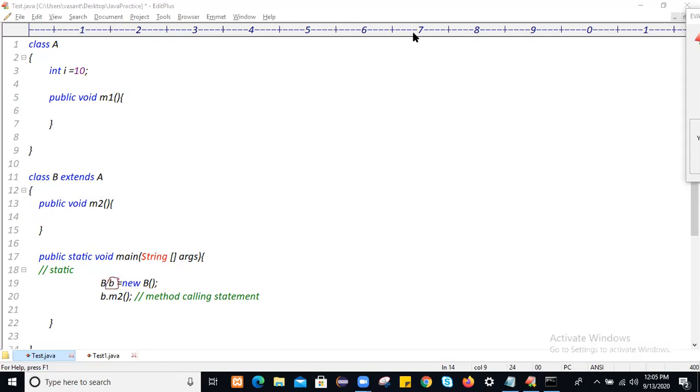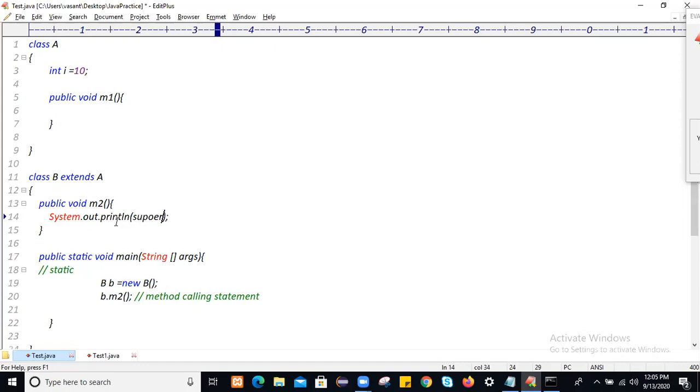So we can access parent class properties, or we are saying we can represent parent class properties by using the super keyword. By using the super keyword, we can represent super class properties. So how? To access this parent class variable, we can use the super keyword. Just use System.out.println.